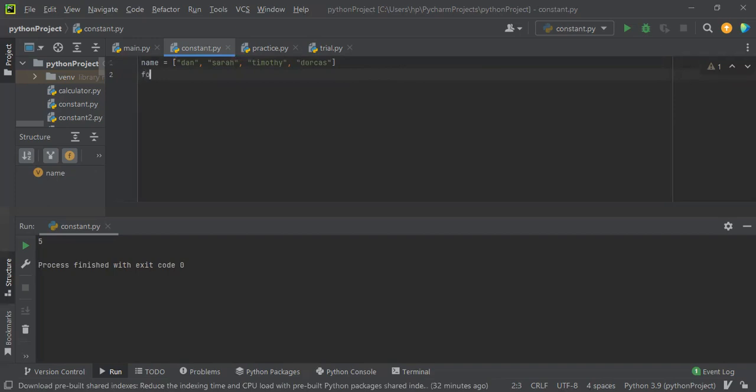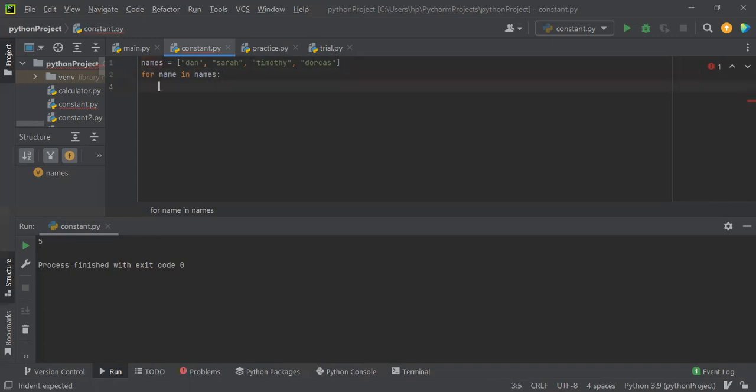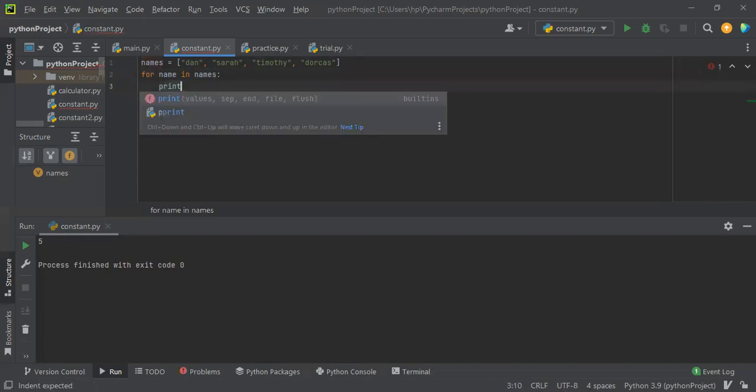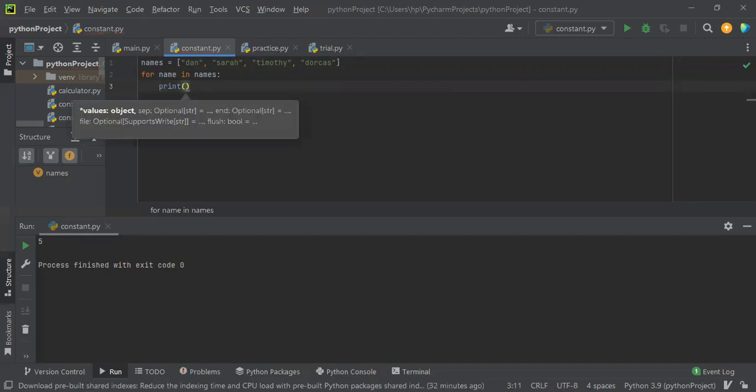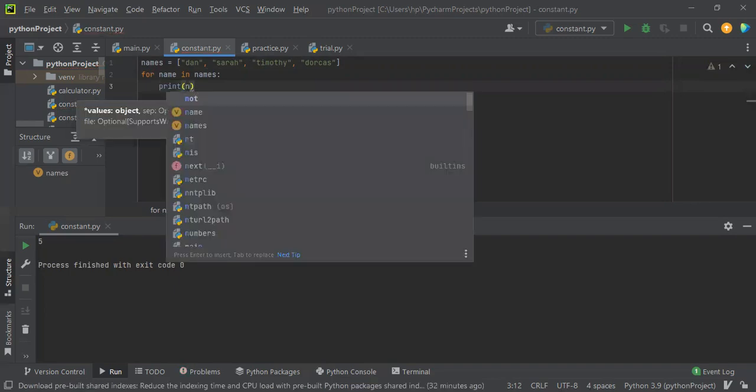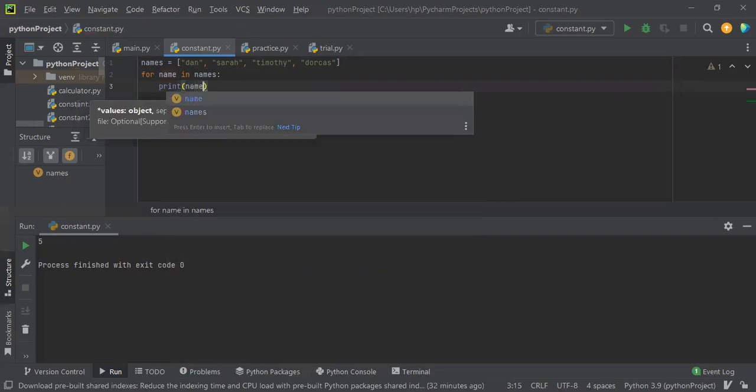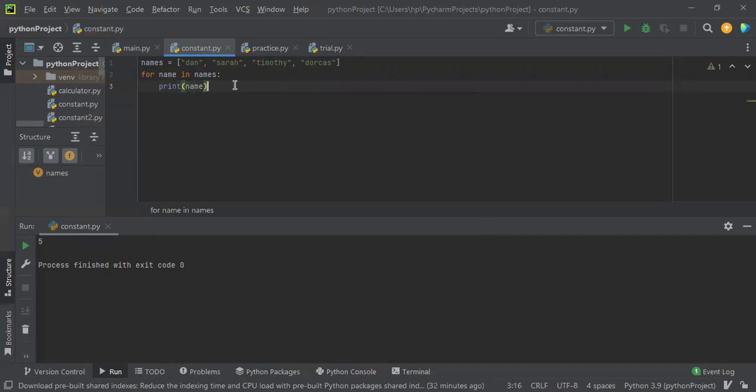I can say for name. Let me just name these names because there is more than one name, so I'll name my variable names. I can say for name in names. So I'm using a for loop now. I can say print name. Okay, so if I have that print name and run this,